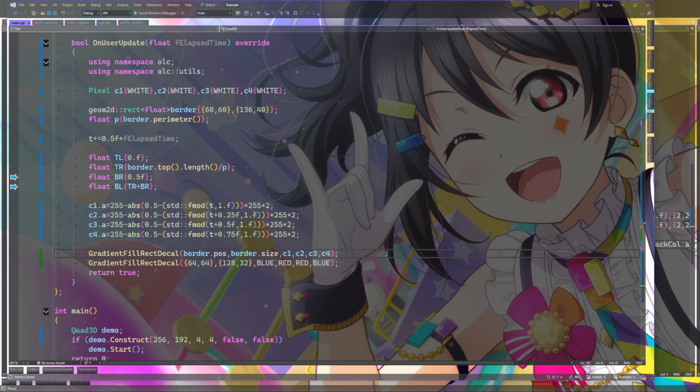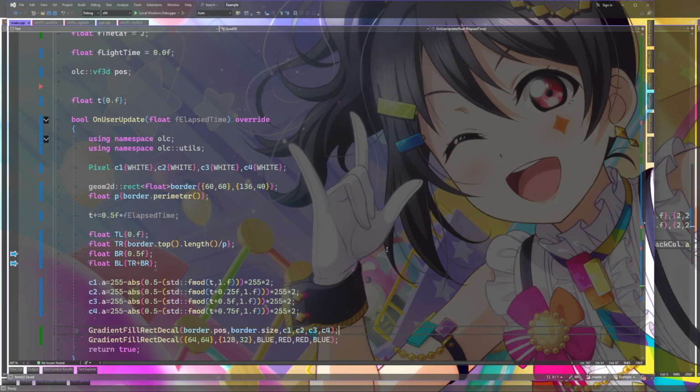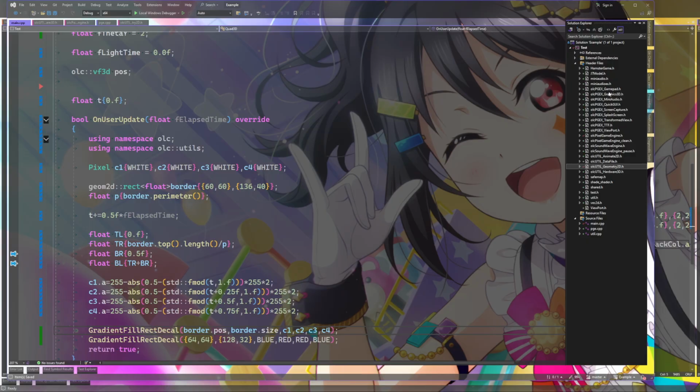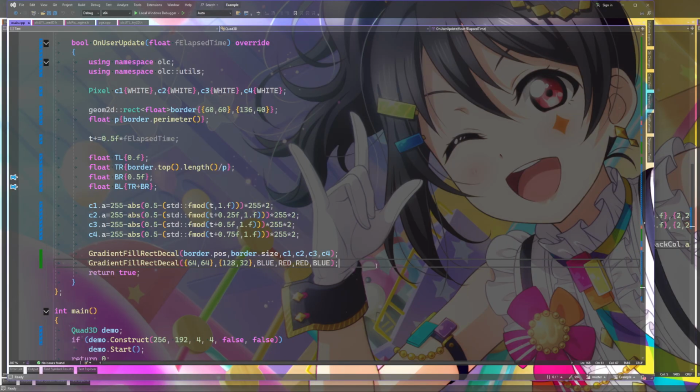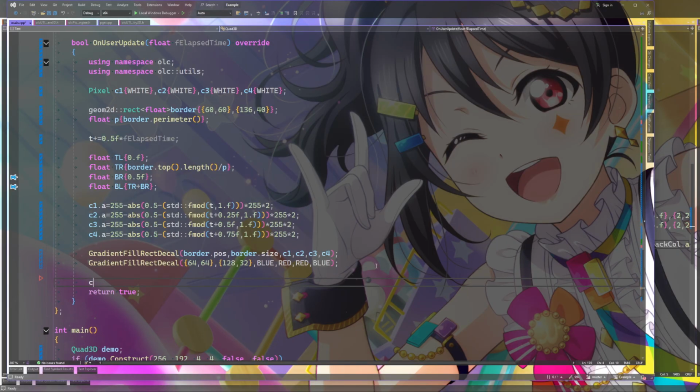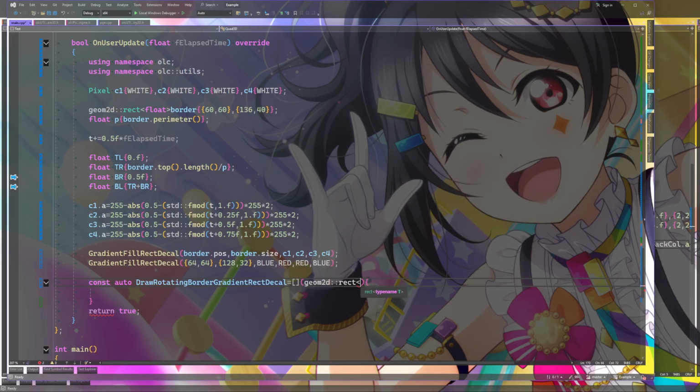So can we wrap this up into a nice thing, or do I just include it as is? Let's see. Let's make a lambda out of it. Draw, what do we call this? A rotating border gradient rect decal. All right, what parameters do we want? We definitely want position, size. I'm gonna wrap those up into a nice rectangle.